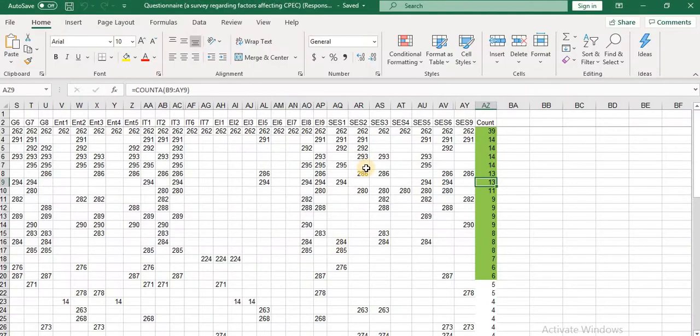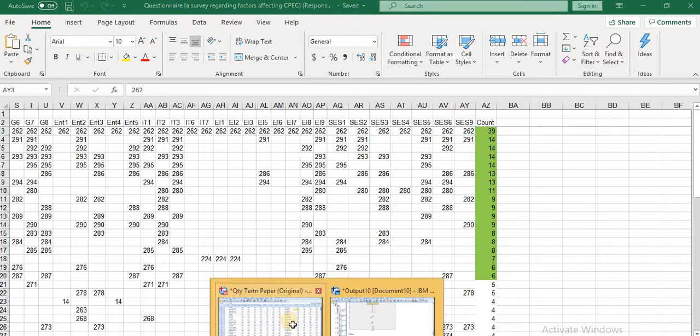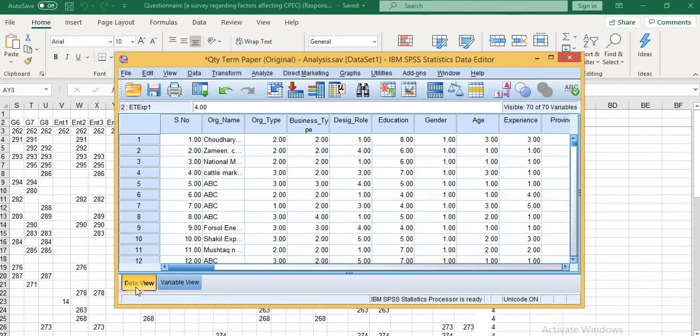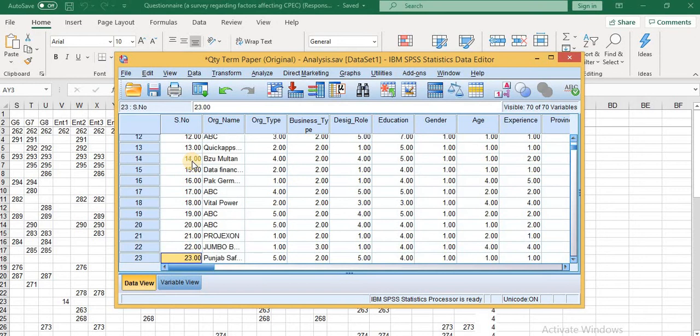So you can make this kind of table, and then what I have done in my dataset, I have deleted all the outliers, all the responses which have occurred more than 5 times. So more than 5 times I have deleted all those responses. Just for example, response number 262 is repeated 39 times. I go into my variable view. I go into the data view, and then I go towards response number 262.